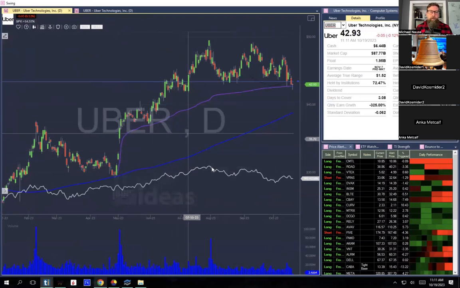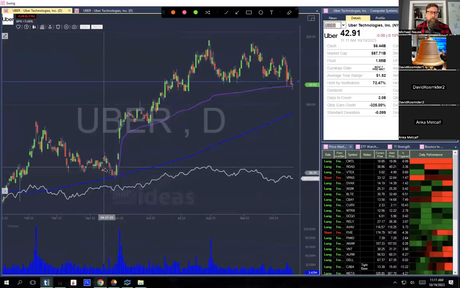So just quickly, this blue line on my chart is just the 200-day moving average. You can see that held perfectly right here. The white line on the chart is the S&P 500. So I'm looking for things that are moving higher when the S&P 500 is moving lower, that type of thing. And then this purple line is an anchored VWAP. So this shows us the average market participant from this massive rally that occurred off the 200-day moving average is actually right there as well. So there's a lot of support going on here in Uber.